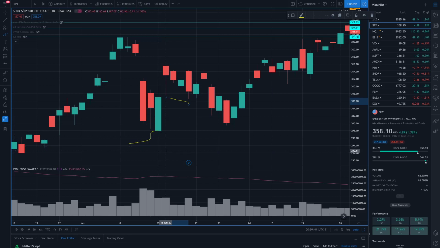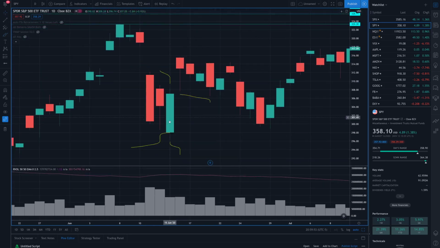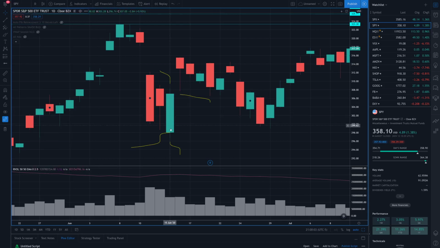We have the low of the wick, and then we have the high of the wick. Overall, this is happening in the span of this time frame. This candlestick is one single day, because remember, we're on the daily chart. So in one single day of trading,